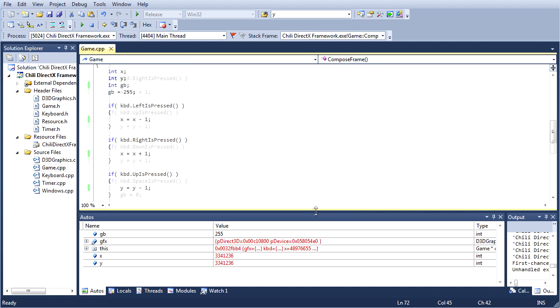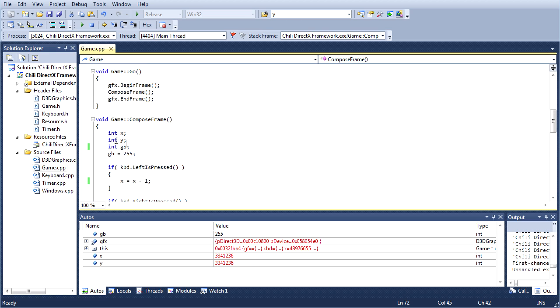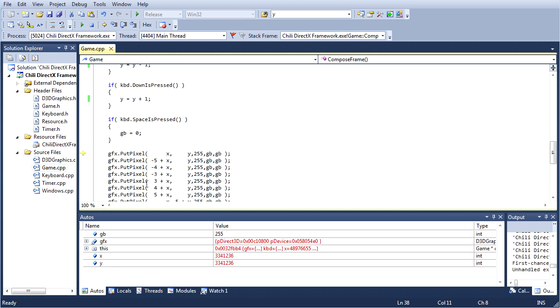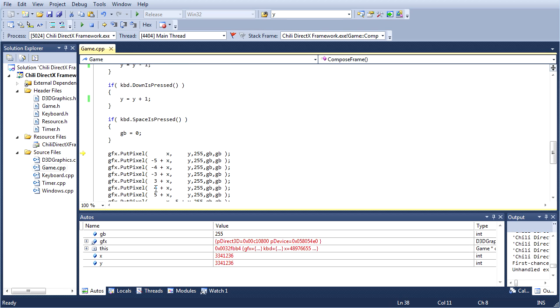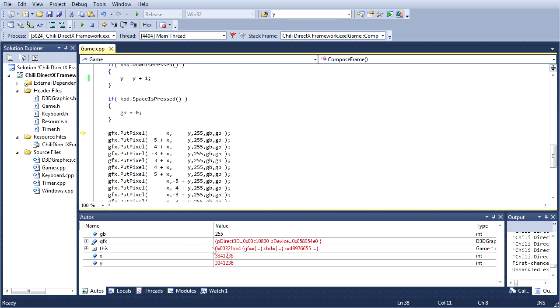So the moral of this story is, if you just declare a variable and start using it, you're going to get some funky value in there. They start off with just some random value inside of the variable. And unless you set that value yourself, you're screwed. I mean, unless you like a random value in your variable. In which case, go nuts. But for our intents and purposes, this will not do.